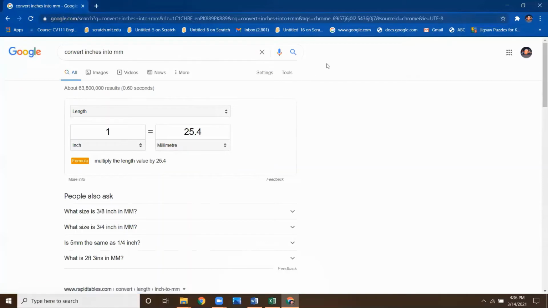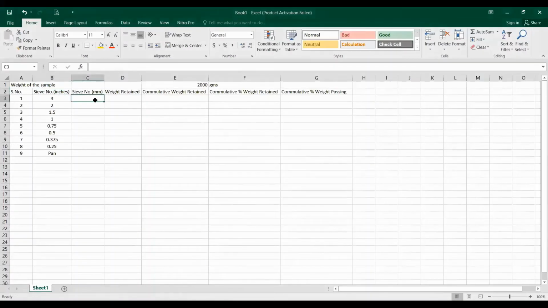So you should remember this, because you are going to be a civil engineer. You have learned the conversions. Now I can write down this value as static 25.4. So I will click and drag and drop. 25.4 will be the constant, and there is no need to do it for the pan, and you should write down the pan the same way.